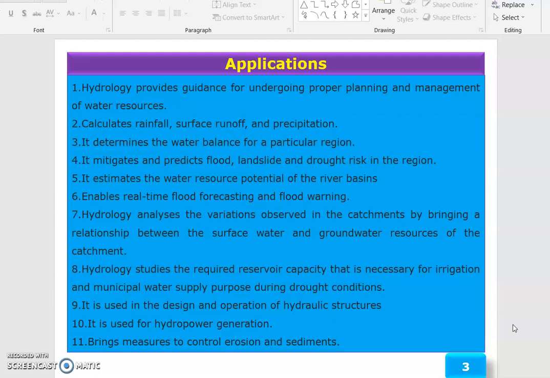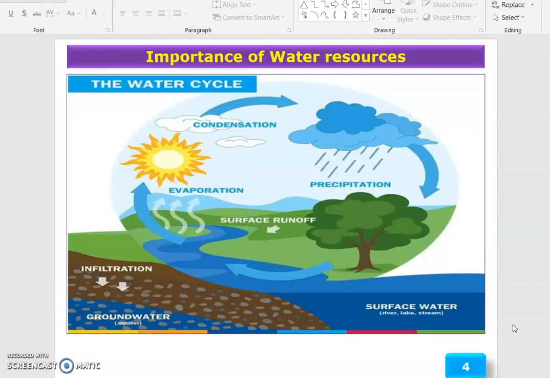Hydrology studies are required for the reservoir capacity that is necessary for irrigation and municipal water supply purposes during drought conditions. It is used in the design and operation of hydraulic structures. It is used for hydropower generation, and in measures to control erosion and sediments. Importance of water resources: the water cycle processes like precipitation, infiltration, evaporation, and condensation. So there is surface runoff through the slope,